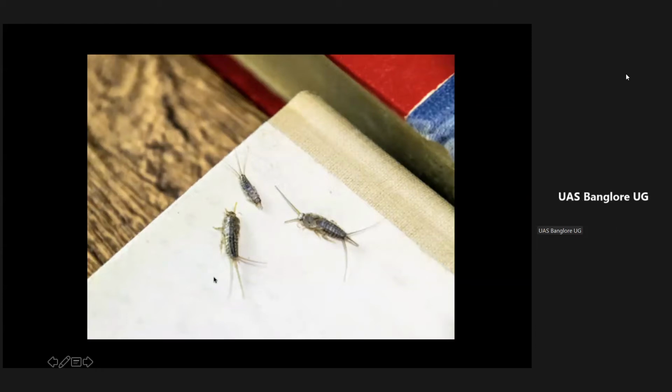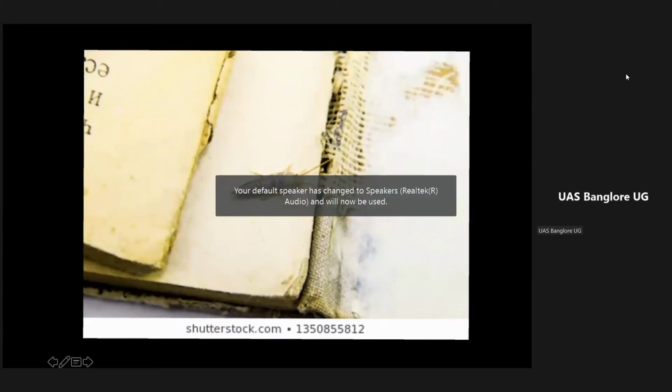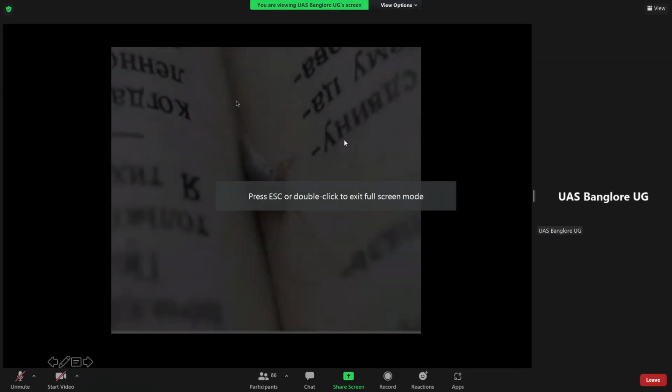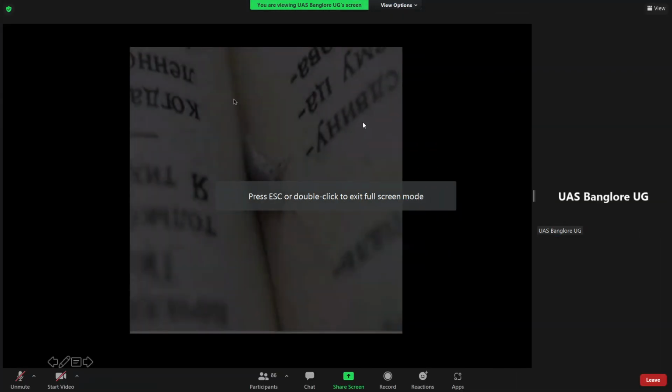Many of you have gone to the library. If you open the old books, there is a small creature, very tiny insects which will be running around. They eat the starch content of the book. A book is nothing but paper, right? So you have that starch content, and they feed on that. They are in between the books if you open the old books.